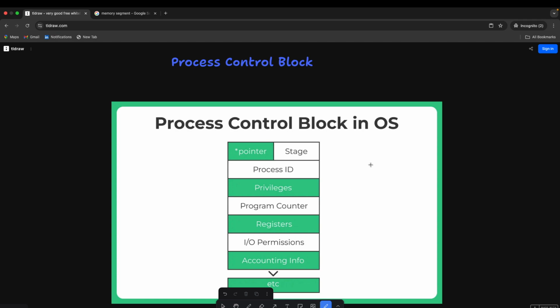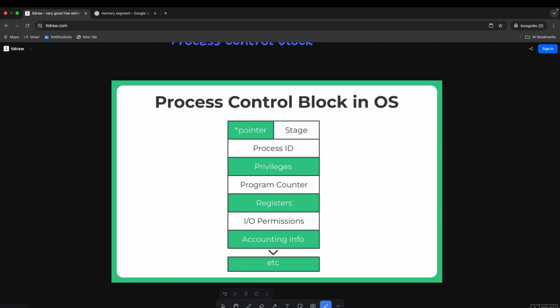For example, if you are trying to add two numbers, you need to store them. That is done in these registers. Then we have something called CPU scheduling. Basically, it indicates what type of scheduling my operating system is currently using.